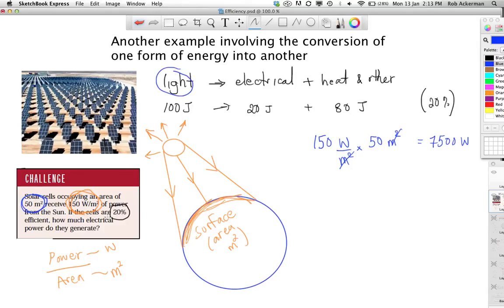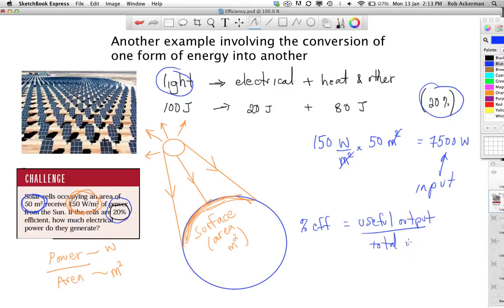Unfortunately for us, these solar cells are only 20% efficient. So think of this as the available energy or the input energy. We know that we're dealing with an efficiency of 20%, so let's use the formula. Percent efficiency equals the useful output divided by the total input times 100. And so when you put in 20 equals x over 7,500 times 100,